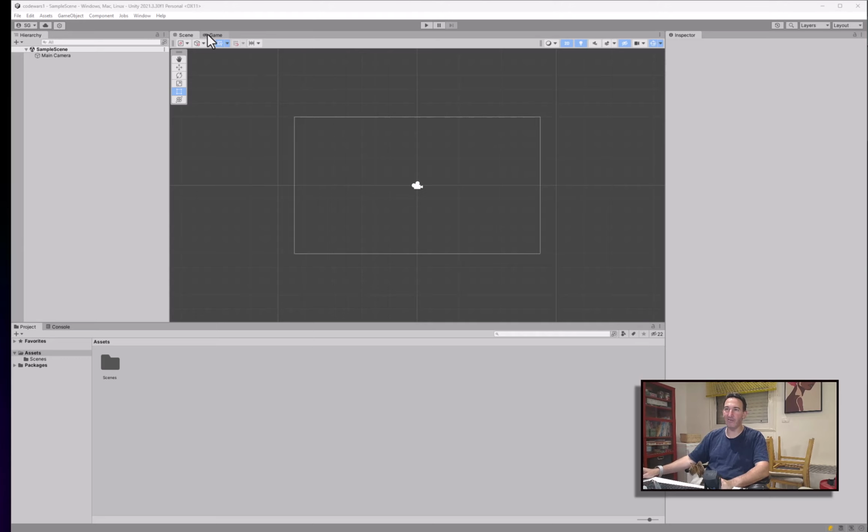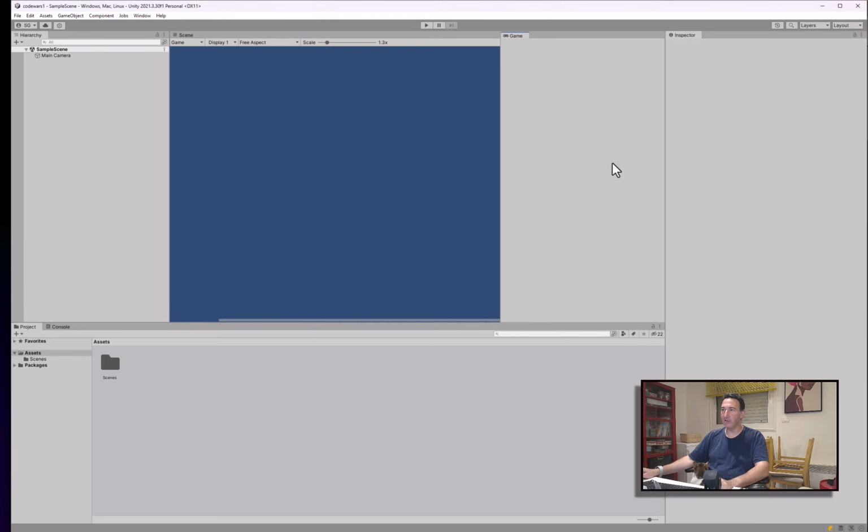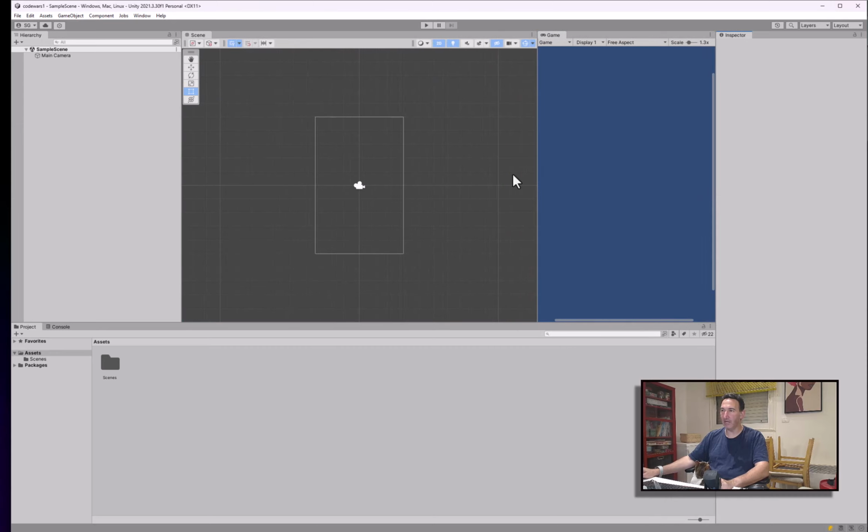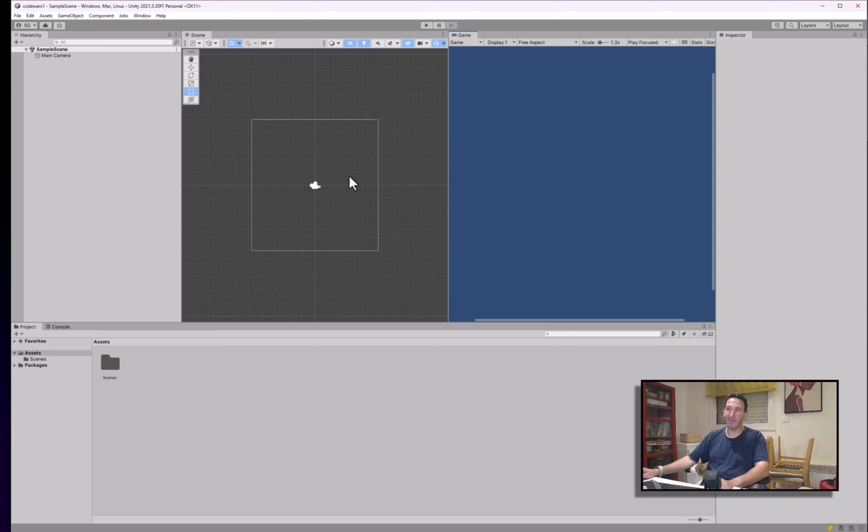So first of all, I'm putting here the tab of the game, which is how the game would look, and this is the scene where we build the game. So this is the very basic idea, and what we're going to do here is make sure the aspect ratio is 10:10. Okay, so this is the aspect ratio, and actually this point is the 0, 0. I forgot the name, how it's called, but this is where the camera is, it's the 0, 0,